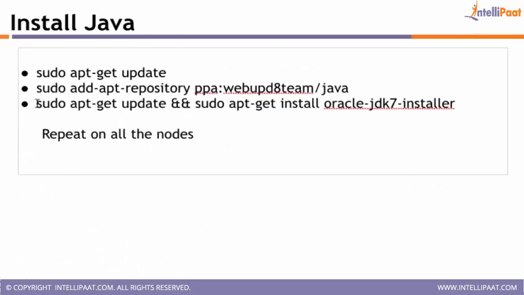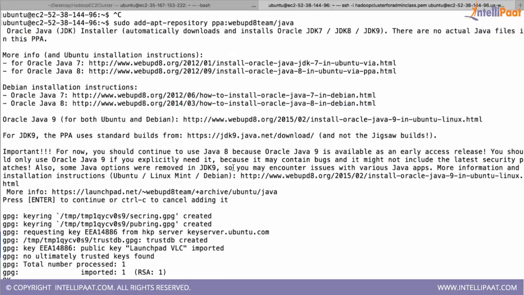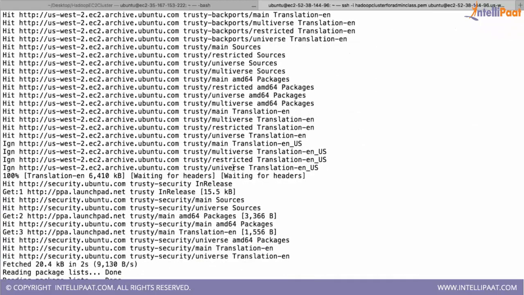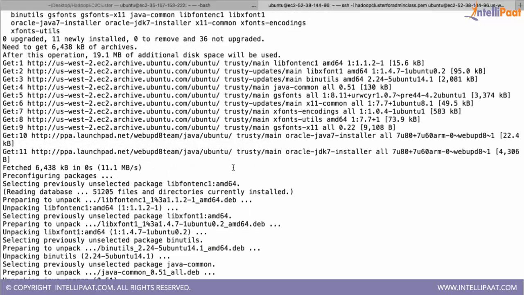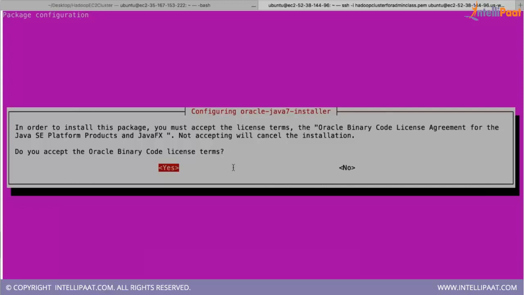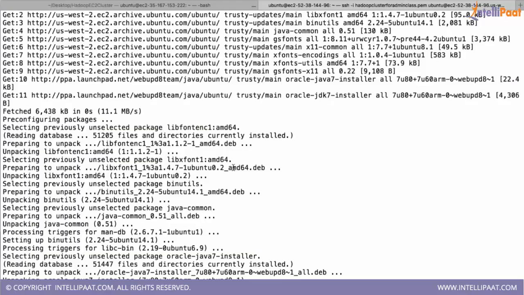And now we are actually installing the JDK. Say OK on the screen and say yes here. Now it will install Java.